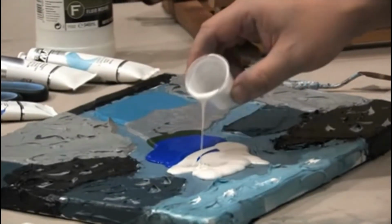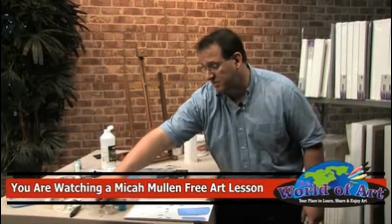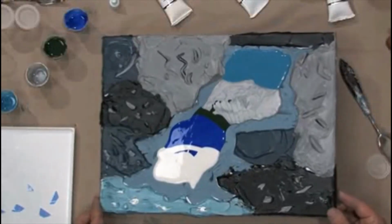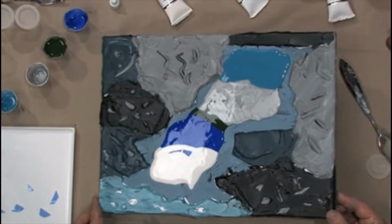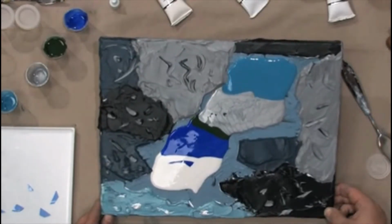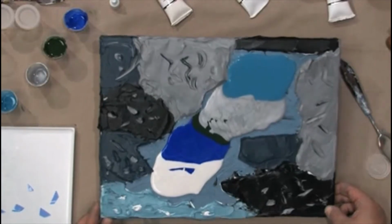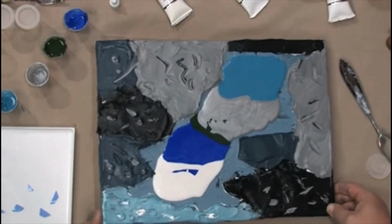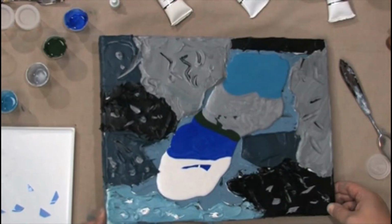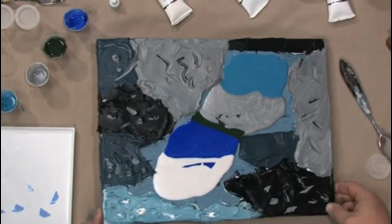And from there, the color will start to set, but what I always like to do is kind of play with the canvas a little bit. And to do that, you just kind of move it around, tilt it in different directions. And in most cases, if we do the impasto medium correctly, the walls are going to contain this fluid color pretty well. Now from here, you see I have essentially five variations of color,